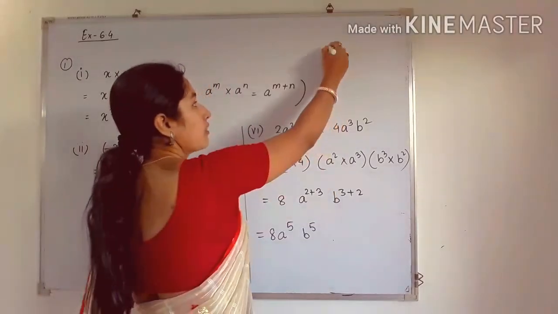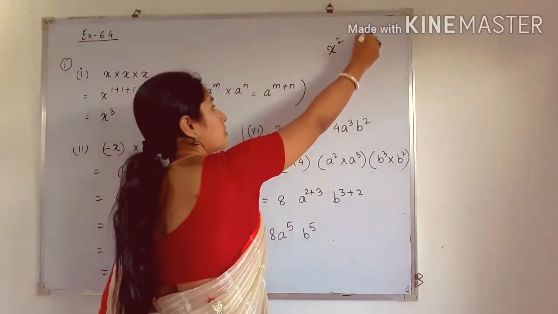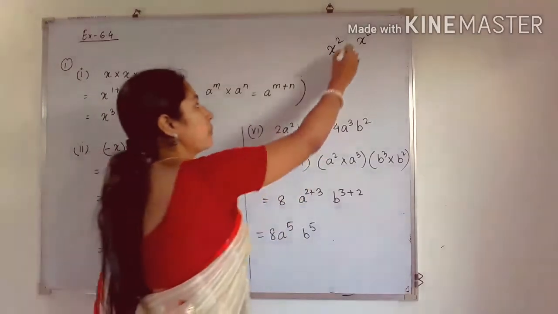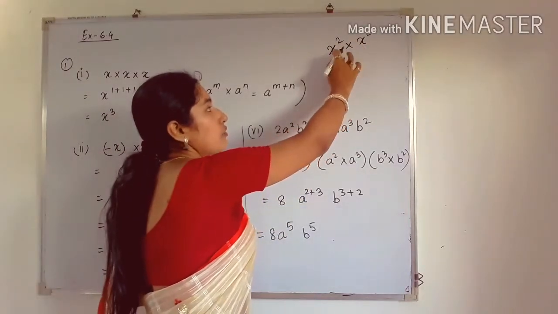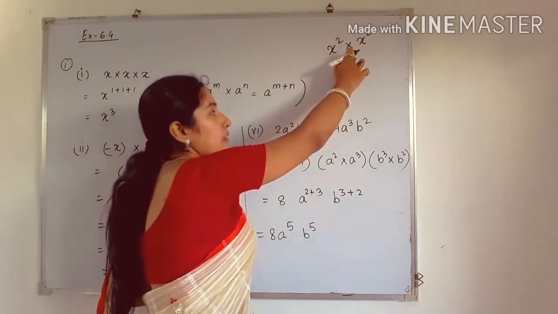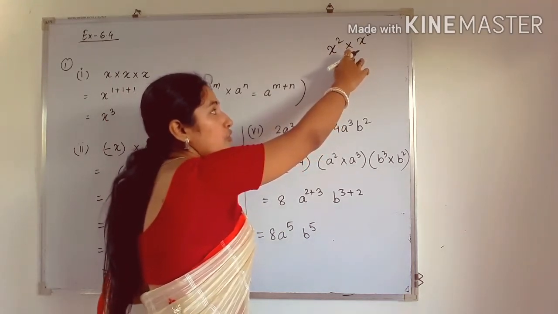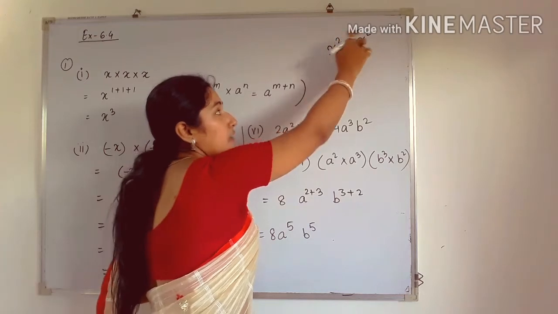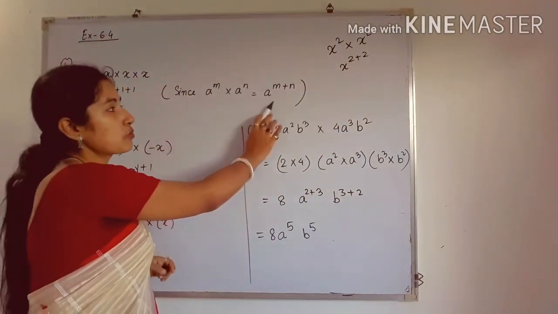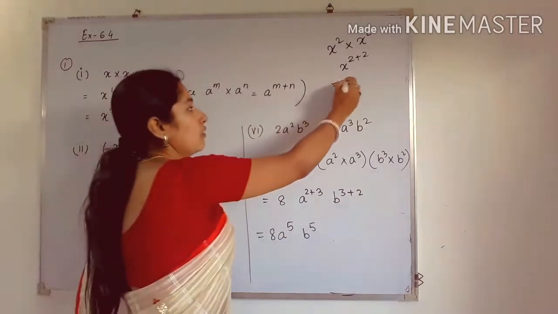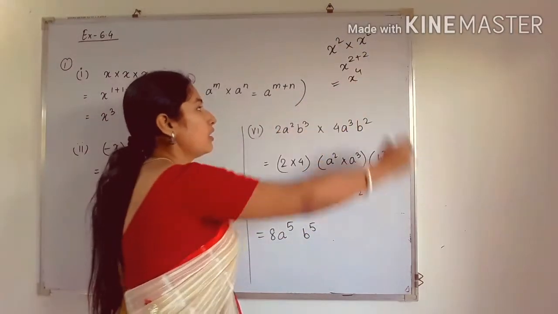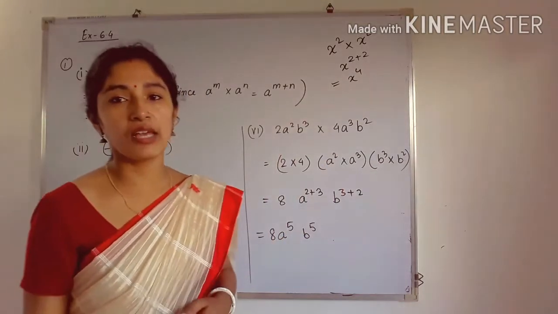See, I am giving you one example. Suppose x square and x square are there, okay? So these are like terms. What will happen if I multiply x square with x square? As you know, when the base is the same and the multiply symbol is between both of them, then we have to add the powers, okay? This law you know from the laws of exponents. So here we are just collecting the like terms and multiplying them. So this is x to the power 4. So x square into x square will be x to the power 4.